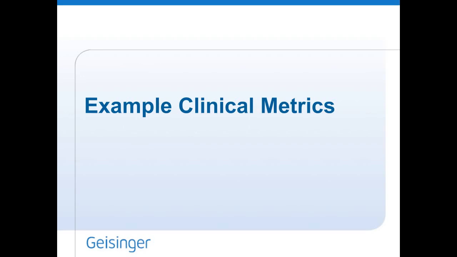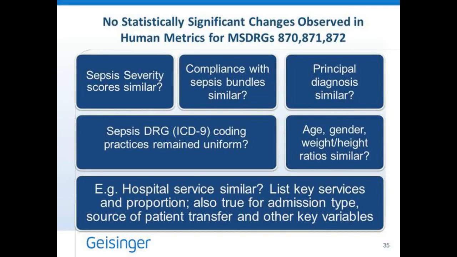Now, the last thing I want to talk about are metrics that can be used as a control for bias of your experiment. These are things that are harder to get. For instance, though, if you are reporting to your upper-level quality folks, you want to be able to make sure you're telling them that the sepsis severity, the MSDRG 870, 871, and 872 are similarly matched in your pre-intervention and your post-intervention cohorts. So that is your historical versus your, after the new method or the new blood culture instrument kind of data. Was the compliance with the sepsis bundle similar?